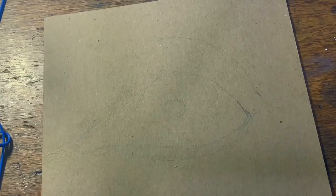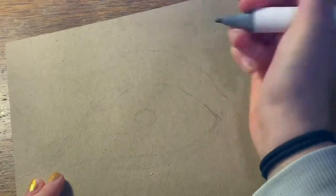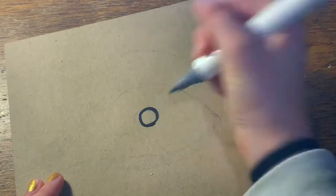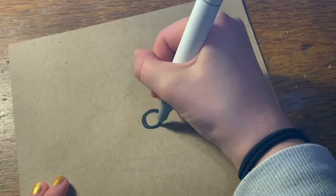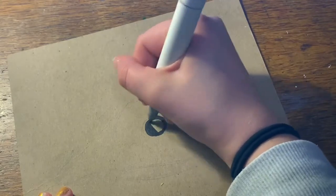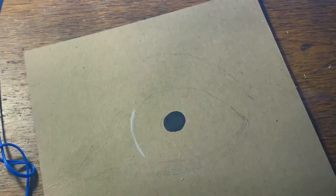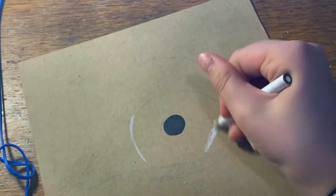Let's start coloring in. I'm going to take an alcohol marker and fill in the pupil, because it helps me see the center of the eye. My black colored pencil looks like this, so if necessary, we have this. Fortunately, there is not a ton of black in this, so I won't be needing to use that colored pencil a lot. So I'm going to start filling in the outside of the eye